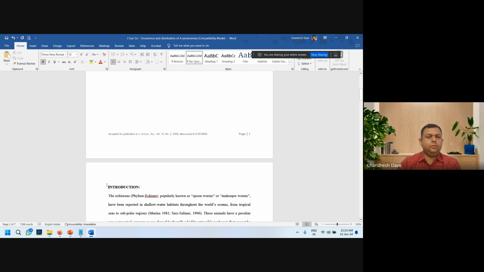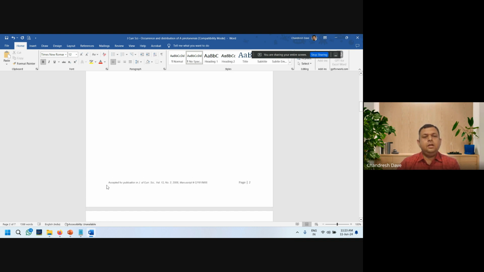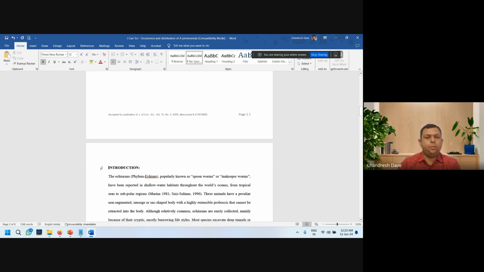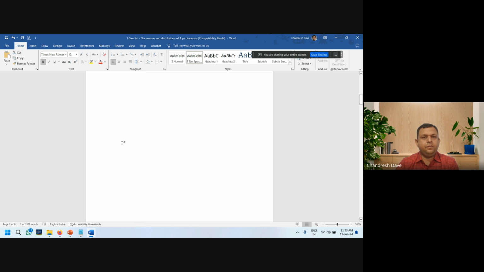For example, if I would like to build an index for my entire thesis or my entire article, first of all, I have to copy this. If I'm using Word as a sophisticated typewriter, then what I would do, I would select the name of the topic, copy. Here I would like the index, then paste.